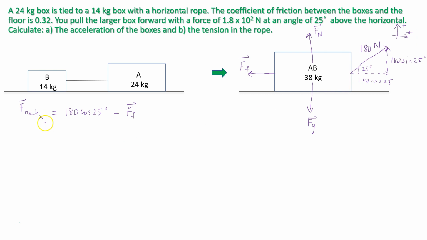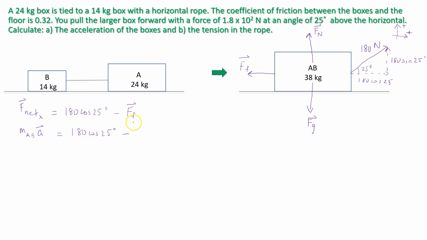Okay, so now I'm going to write Fnet as mass times acceleration. It's the mass of the system, so of AB. AB weighs 38 kilograms, because I've combined these two boxes into a single box, and when doing that you have to add the masses. So the mass of AB times acceleration, what we're going to be solving for, is equal to 180 cosine of 25 degrees